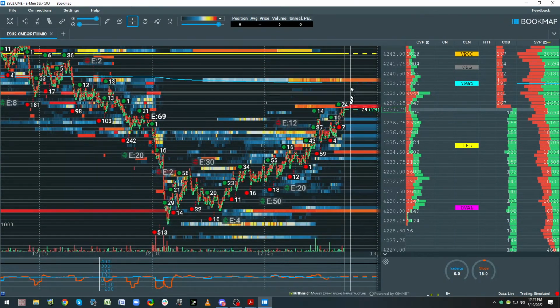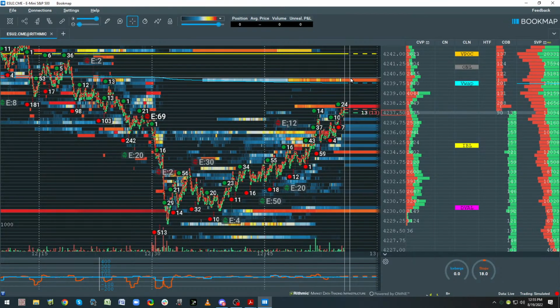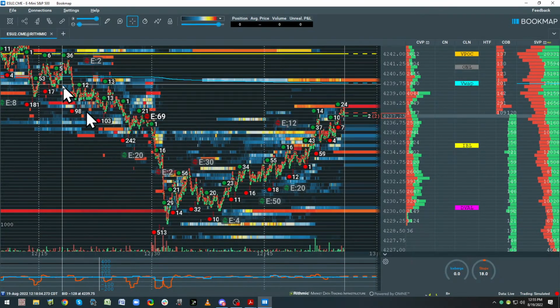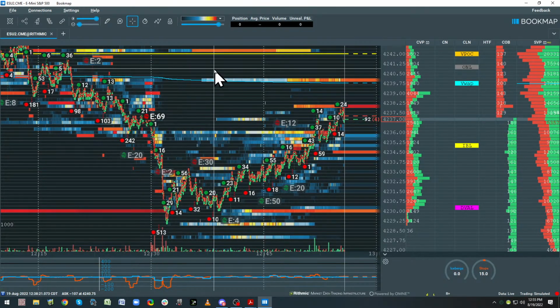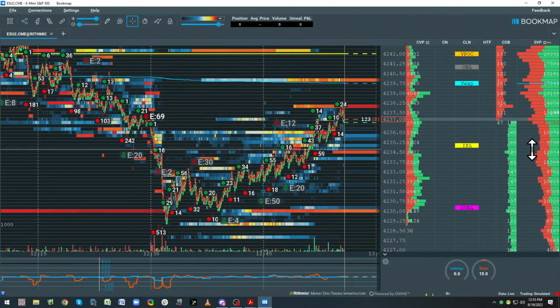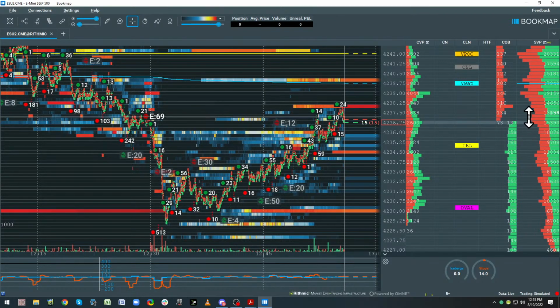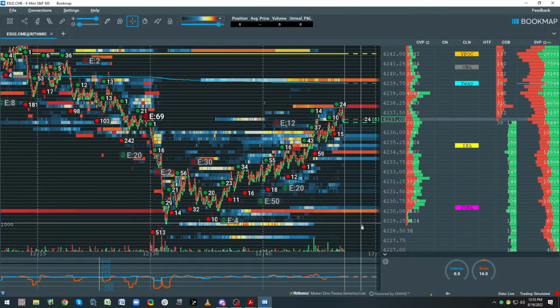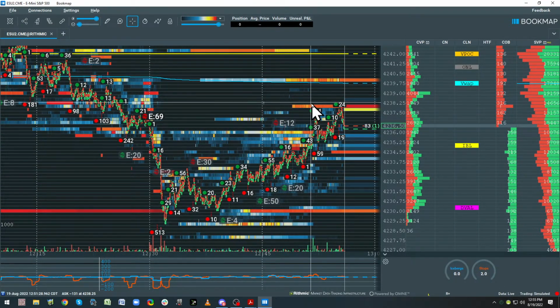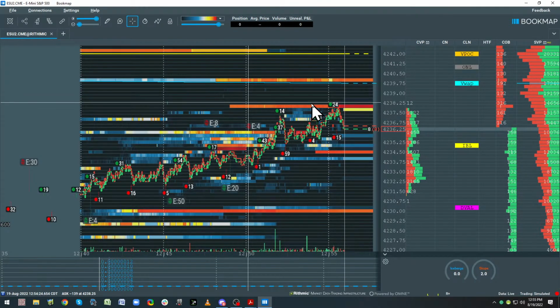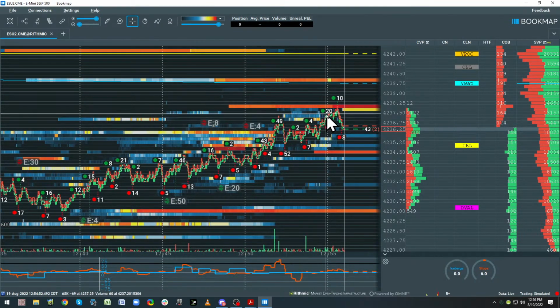Where are the stops now? So we're going back to this. So we'll have to see. This is trying to get back in alignment for the continuation. We have lunchtime, which often we get counter rotations. It's still a potential short in here. It's just tricky, which it always is.